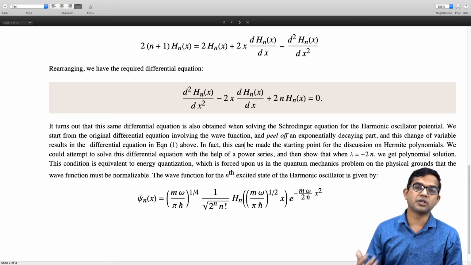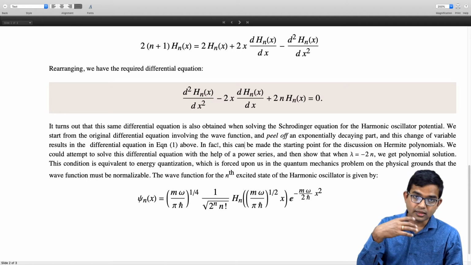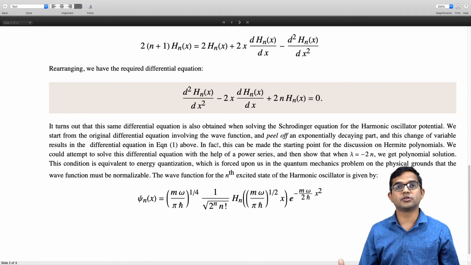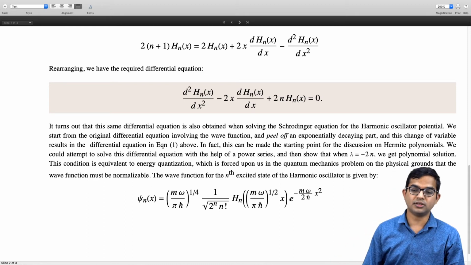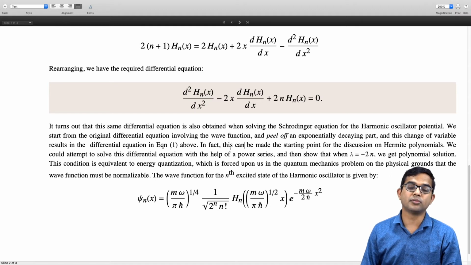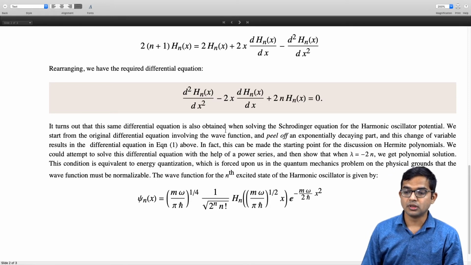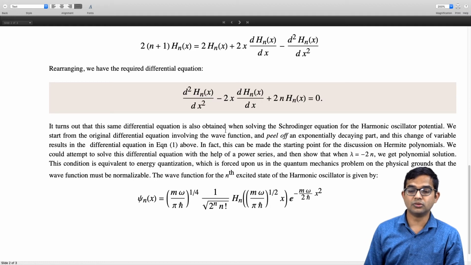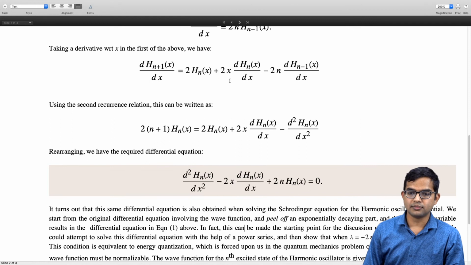then work out the properties of when you get a polynomial, and then you say, okay, they have a sequence of polynomials, they're all orthogonal, and then you work out recurrence relations and so on. But the method we have followed is to start from an abstract point of view, and now we are in fact obtaining the differential equation as a consequence of the property of these polynomials. Okay, let's look at